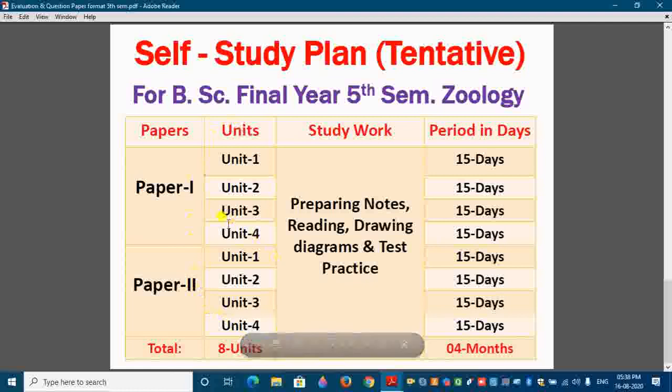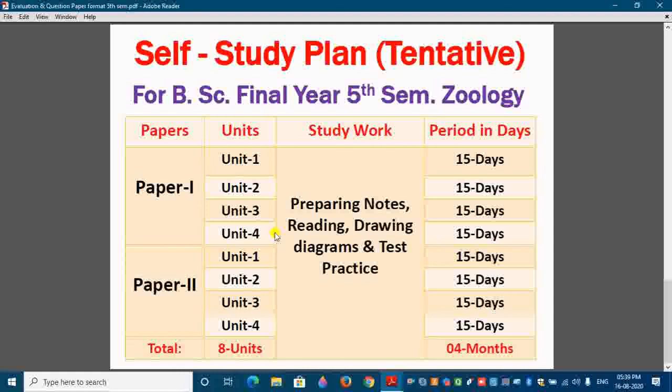So what do you have to do, what type of study work is there? First of all, you have to attend all lectures in your college or online classes conducted by the colleges or professors. And also you can use social media, YouTube, different websites of the universities, UGC, like swayamprabha.com, then rtmnuesiksha.com. Then so many platforms are there, and also you must attend all lectures offline as well as online by your professors,